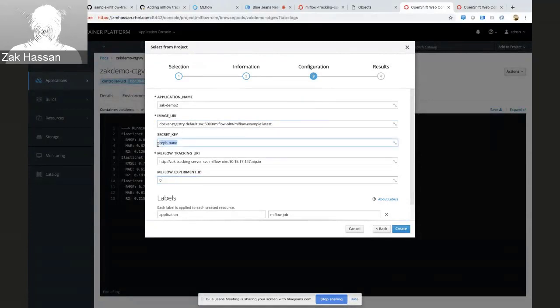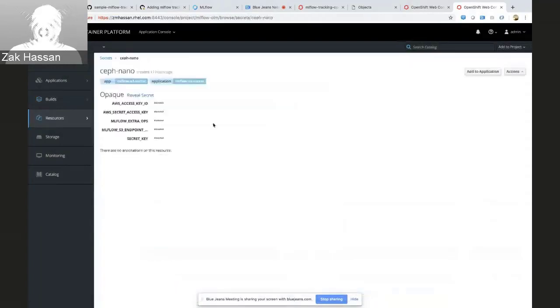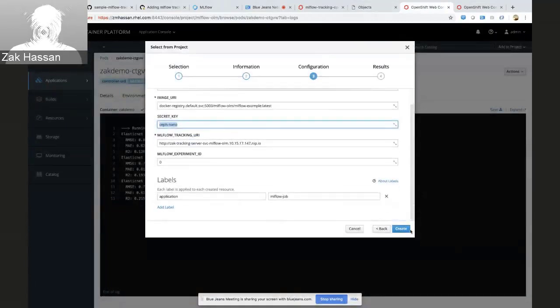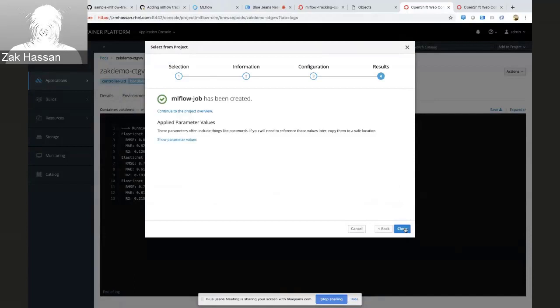We're going to inject a secret, and that secret is here. We don't want to ask users for their AWS access key and secret. We kind of want to keep it in secrets, and then these secrets would get injected into the container. Okay. So let's go ahead and run this. We'll call this OpenShift Commons, and let's go.